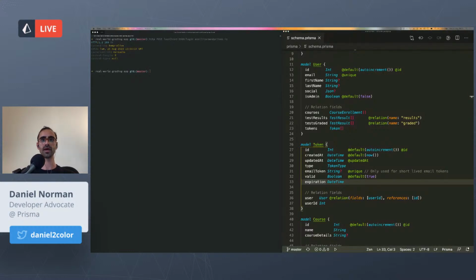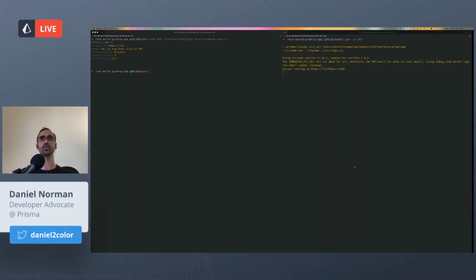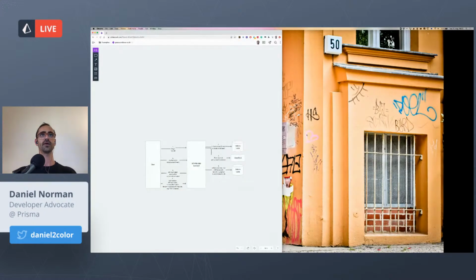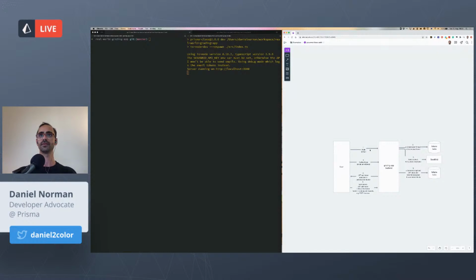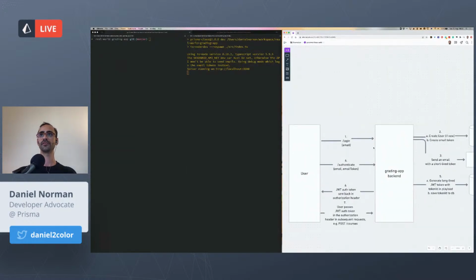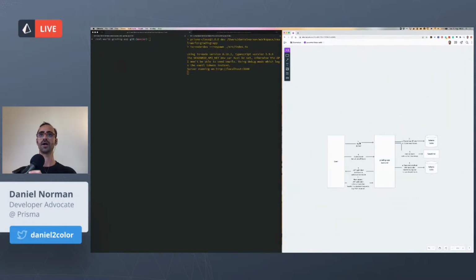So that's all great. Now, how about I do a little demo here? So I have the application running here, and this is already in the complete state. And I'm going to do this demo before I actually show how all of the implementation for this works. So I have the server running here, and maybe I will also put the diagram on the side just so we have that. So the first step, irrespective of whether I have an account yet or not, is going to be to call this login